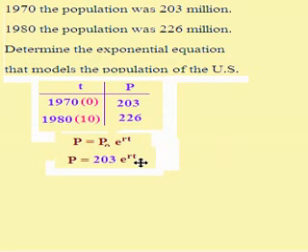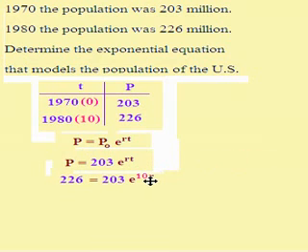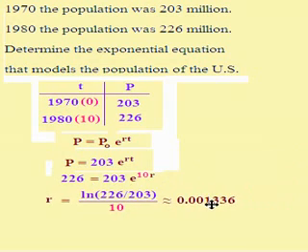First, I'm going to substitute in the initial value, and we get 203. So right now we have population is 203 e to the rt, and now I need to use the other pair, 10, 226, to determine the rate at which it's growing. So 226 goes in for the population and 10 goes in for time. And then we need to solve this equation for r. First we'll divide 226 by 203, and then we'll take the natural log, and we get r to be approximately